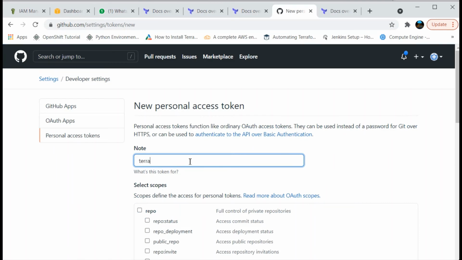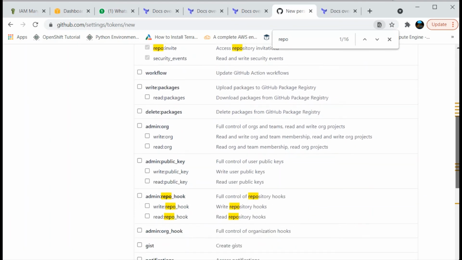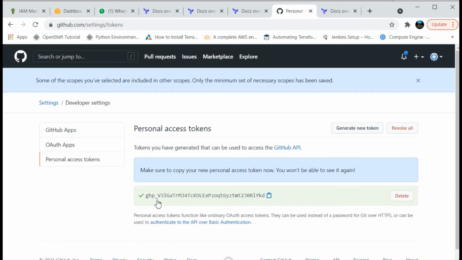We will give the token name as simply Terraform. Then for scopes, press Ctrl F and search for repo, and whatever the repo actions are, just select those, like delete repo. Then generate the token. So my token is ready now.